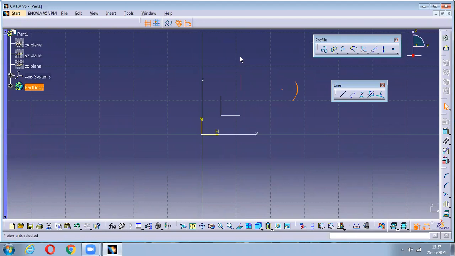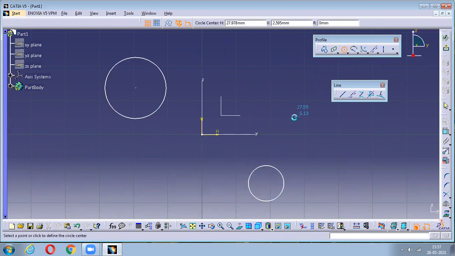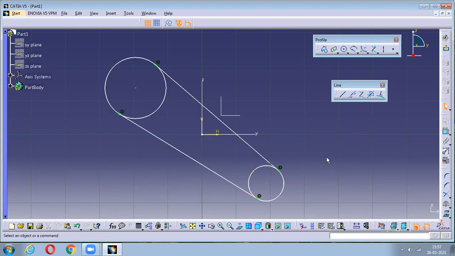The next thing we have is called a bitangent line. This kind of line is created between two circles, exactly tangent to those two circles. Just select this circle and this circle, and a line will be created. If you want to create it here, pick the point on that circle here and the circle here. If you want a cross tangent from here to here, select the circumference here and the circumference here, and it will be the crossed one.